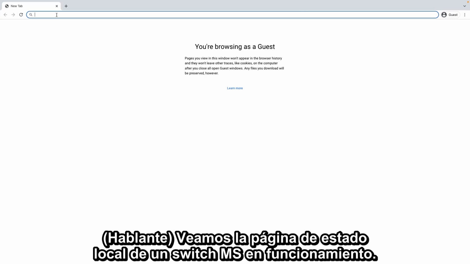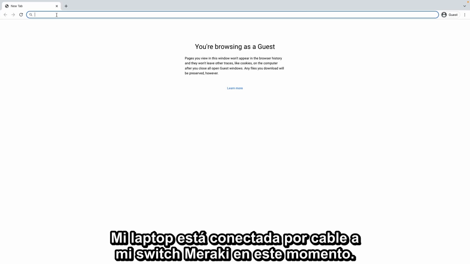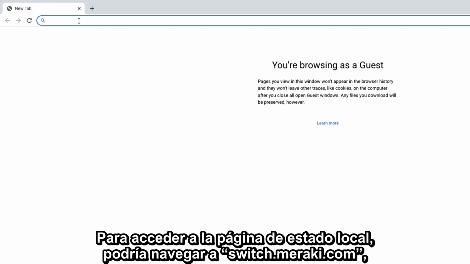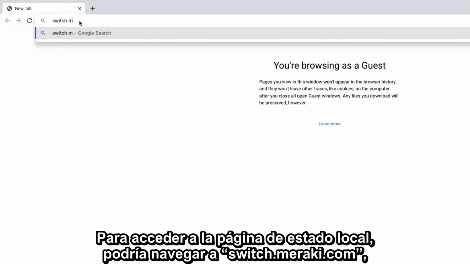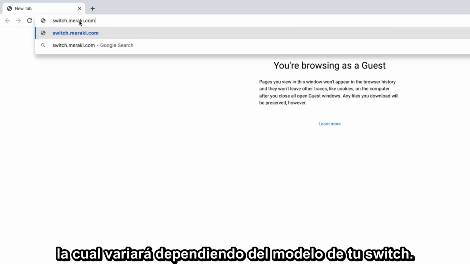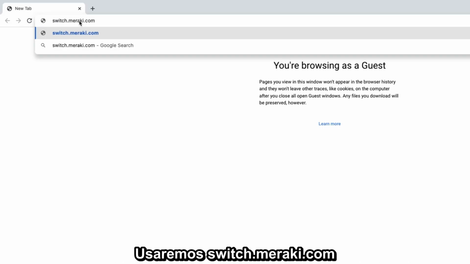Let's have a look at the local status page of a live MS switch. My laptop is hardwired into my Meraki switch right now. So to reach the local status page, I could navigate to switch.meraki.com, or I could use the IP address that the switch uses for the local status page, which will vary depending on your switch model. We'll just use switch.meraki.com,